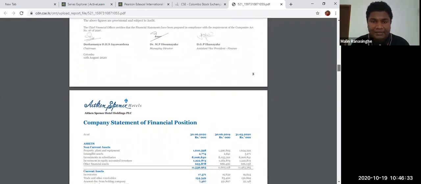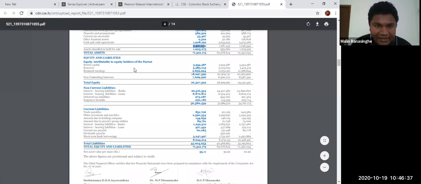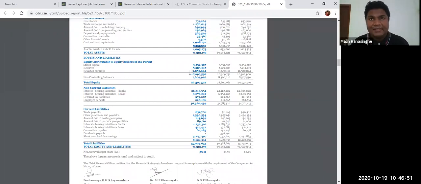Since they have reserves and everything, we can't say that, because their reserves are there, 5.2 billion in reserves. Luckily, they have savings. Retained earnings 9.8 billion. Last year, 11.6 billion. That's the beauty of the business, guys, because there are good times and bad times. If you have bad times like that, they can still cope with this condition if they have enough savings.